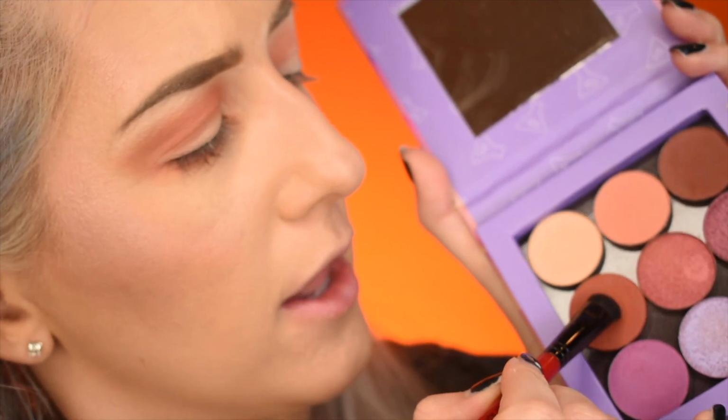Now on my packing brush, I'm going to take this shade right here called Element, and I'm going to pack down the mobile lid right there. Oh, look at that pigment. Look at it. It's so